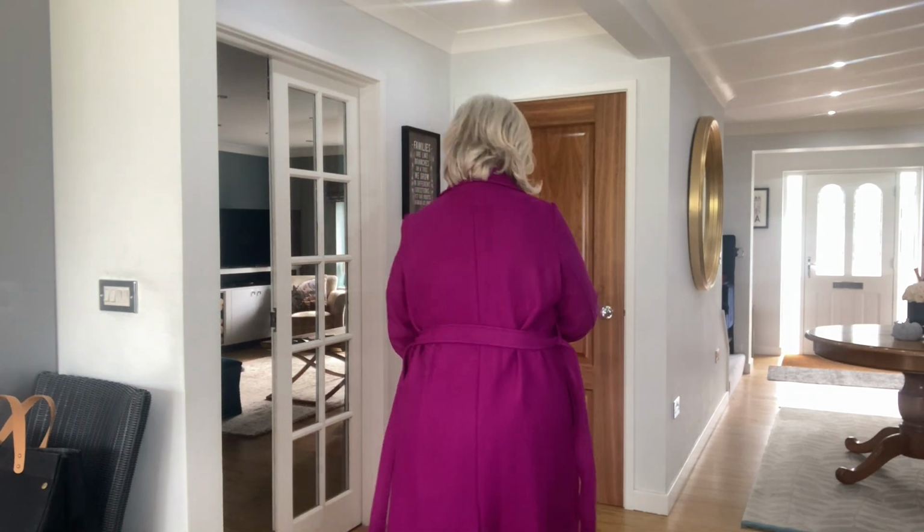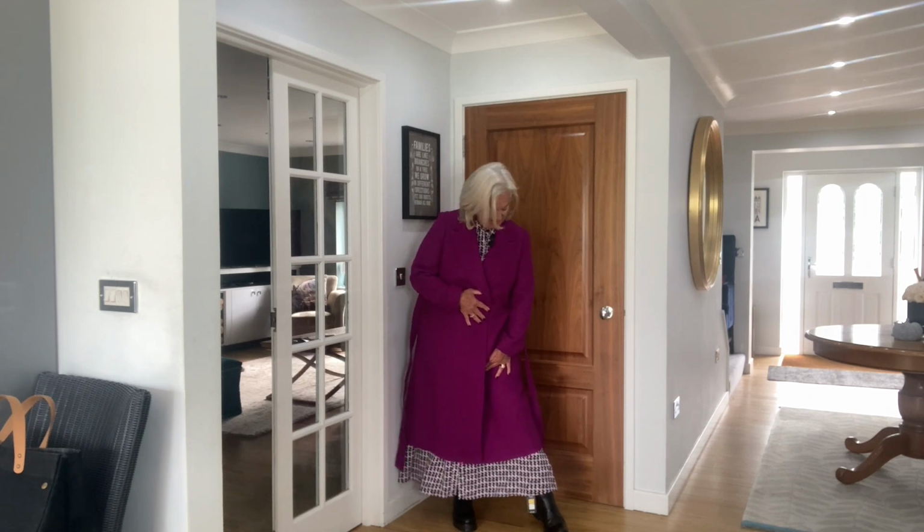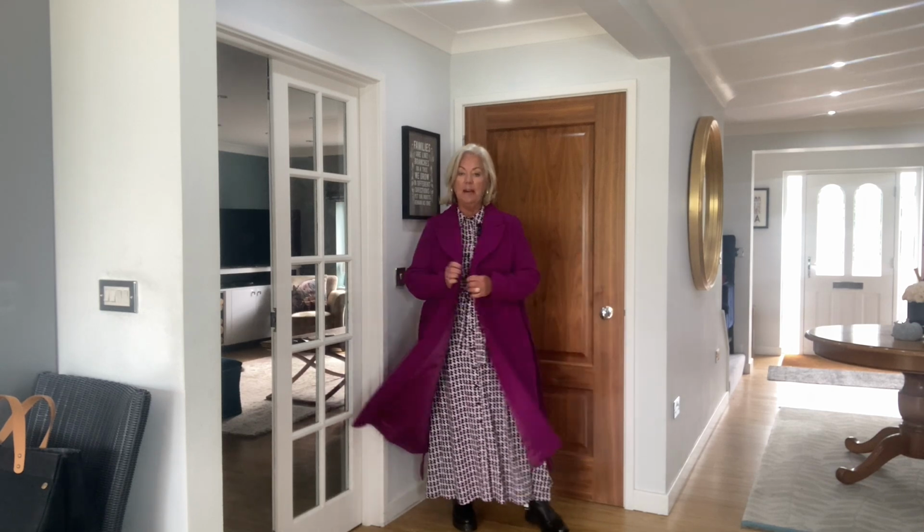It's not a colour I wear, really, but they did it in this or camel, and I just thought I'd go with a splash of colour just to make a change. And I know nowadays, I mean, when I was young, you could not wear anything lower than your coat. It was kind of almost like a crime, really. But anyway, I just wanted to show you that one, and I will just take this coat off before I